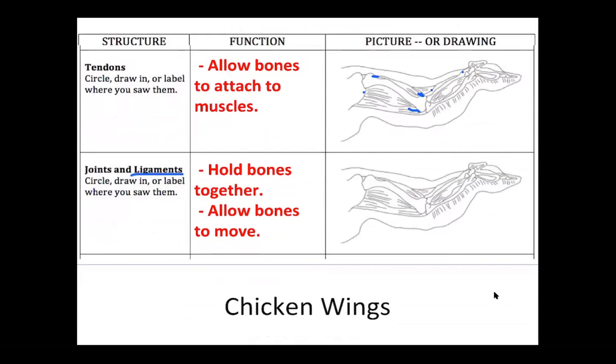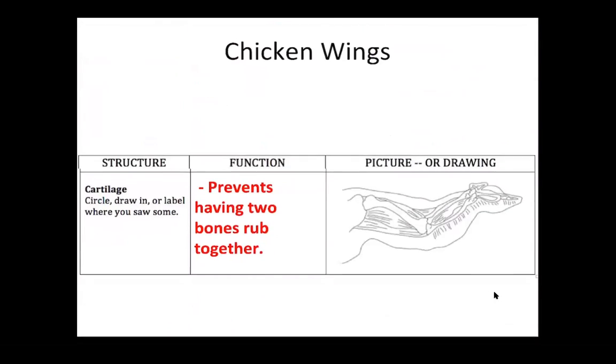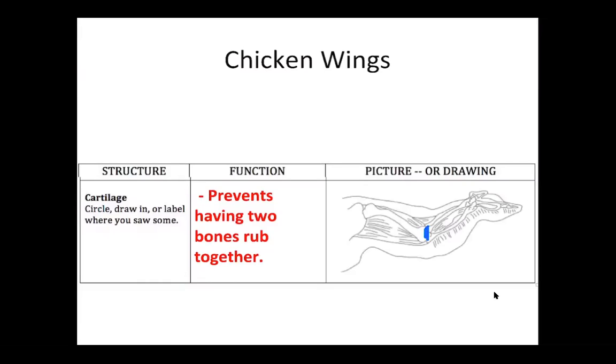And then the ligaments are in between the bones, right? It's usually across the bone. Don't confuse that though with cartilage. Cartilage, remember, is the padding between it. It's more like a cap. And that you can definitely also eat. It's that very, very chewy bit that covers almost the entire end of each bone, prevents bones from